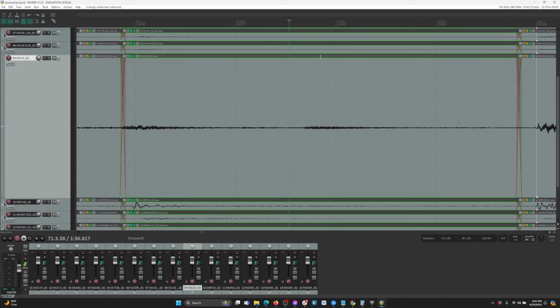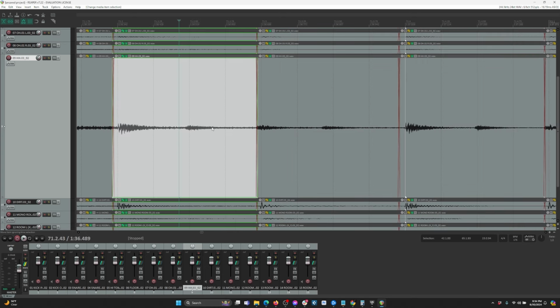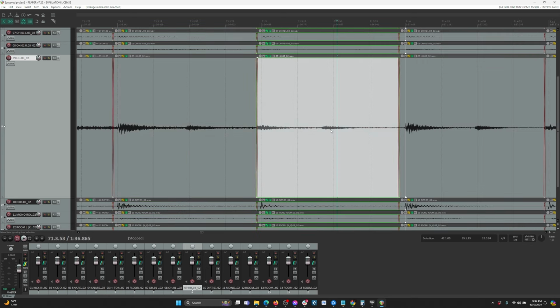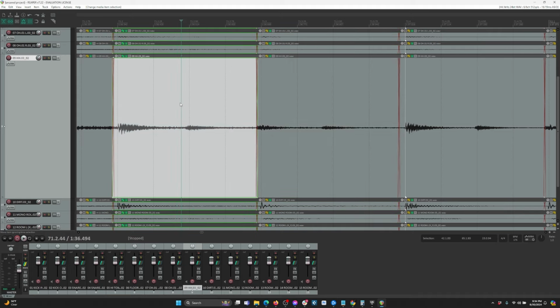This way it becomes really obvious where our hi-hat is. So we can see here, the hi-hat is mostly on time, maybe just a little bit ahead, but this next hi-hat is definitely way ahead. So we're going to want to fix that. We'll start here. All we really have to do is split this so that we can move